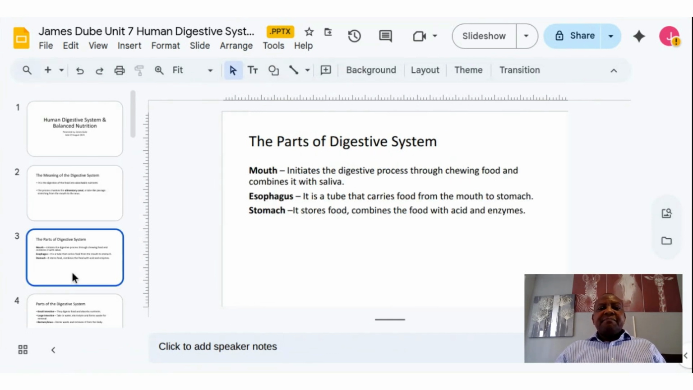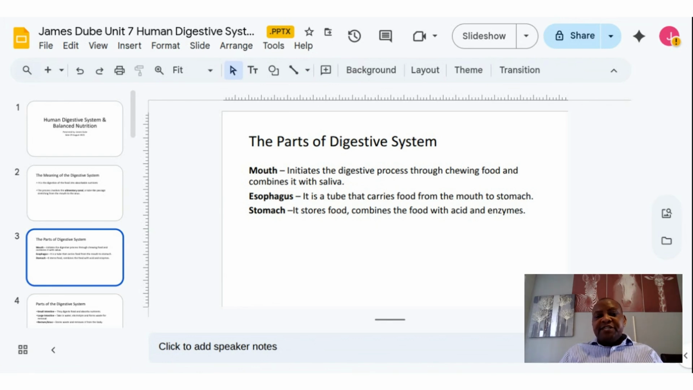My next slide will deal with the parts of the digestive system, from where the food starts when it gets into the body to the last place where it's excreted out of the body. The entry point is the mouth, which initiates the digestive process through the chewing of food and combines it with saliva. This is where the mechanical process happens. After the chewing and swallowing, the food gets into the esophagus, which is the second digestive part, described as the tube that carries food from the mouth all the way to the stomach,